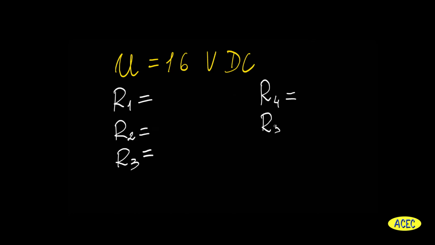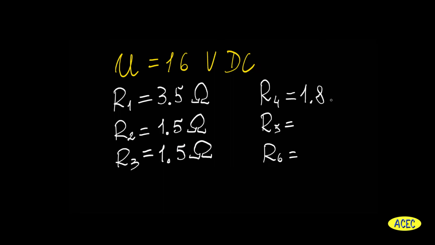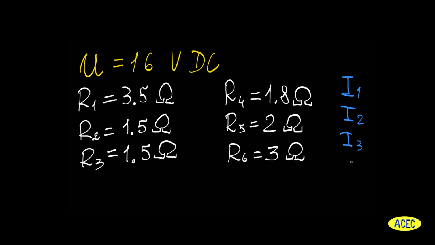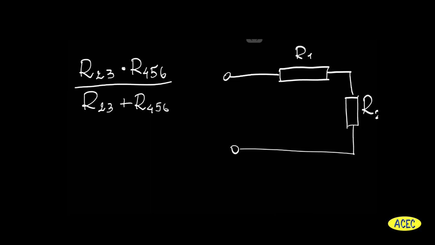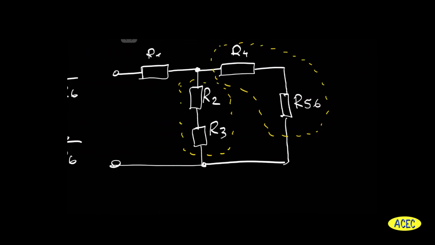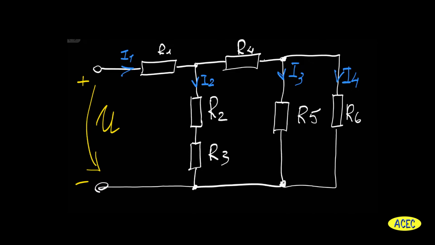First of all, we have the input voltage, which is connected to the scheme, 16 volts of direct current, 16 VDC, and 6 resistors R1, R2, R3, R4, R5, R6, with respective values 3.5 ohms, 1.5 ohms, 1.5 ohms, 1.8 ohms, 2 ohms, 3 ohms. And we need to find the currents in four branches, with the exception of one current in the branch with resistor R4, you remember. So we found all resistors, we made all transformations, and let's scroll to the start of this task